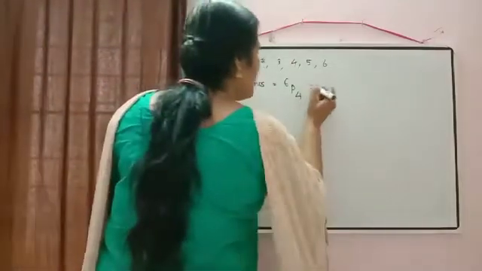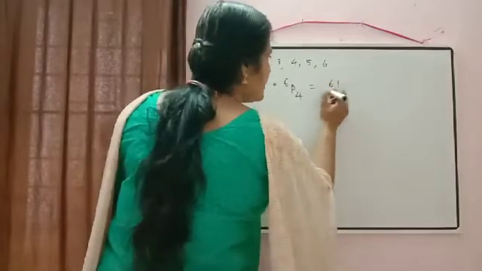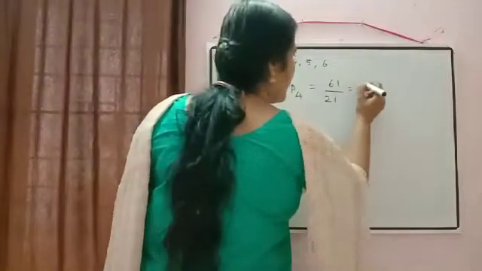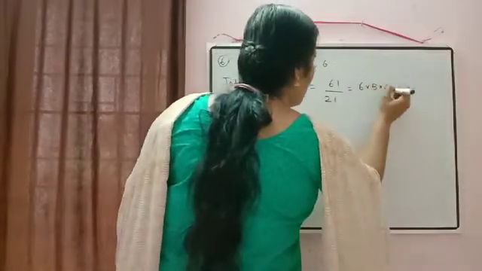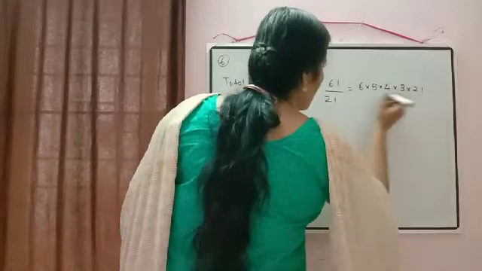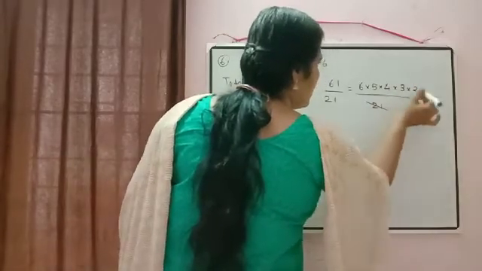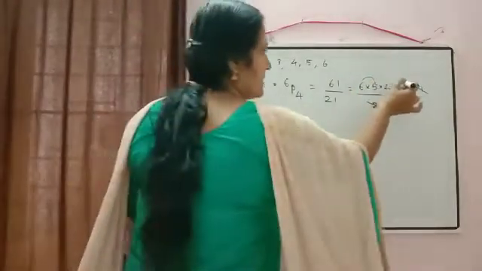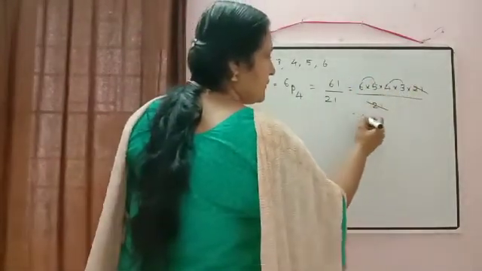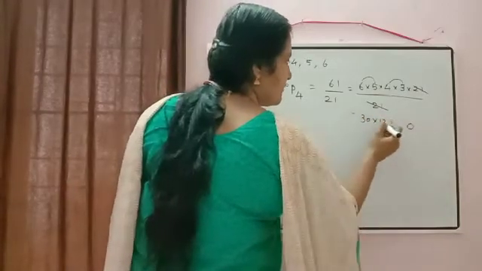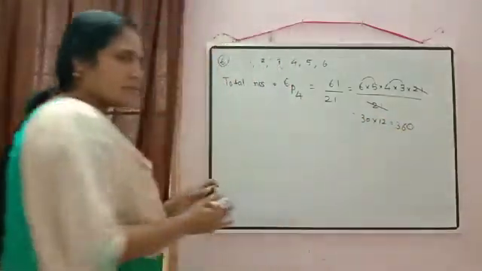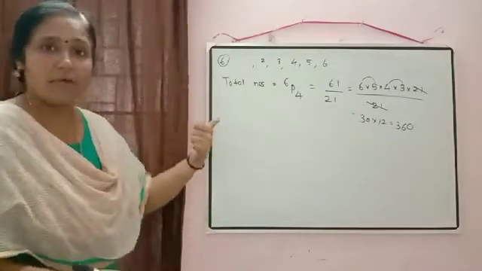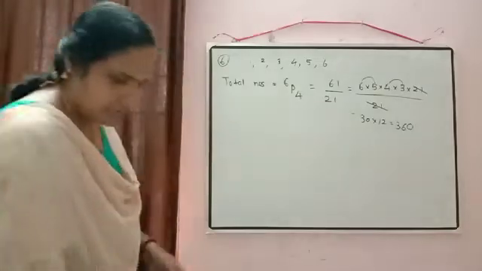Now you can use the formula. 6 factorial by 6 minus 4 will be equal to 2 factorial. Now just simplify it. 6 into 5 into 4 into 3 into 2 factorial by 2 factorial. Both will get cancelled there. 6 5s are 30. 4 3s are 12. So 30 into 12 will be equal to, 12 3s are 36. So total 360 numbers are possible. So clear how to use the formula? Okay. Now check the next one.